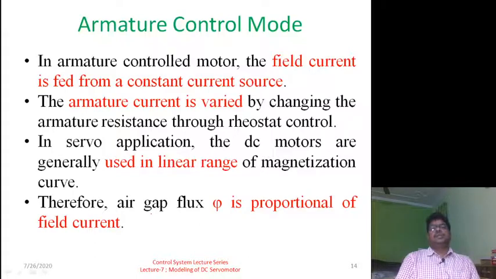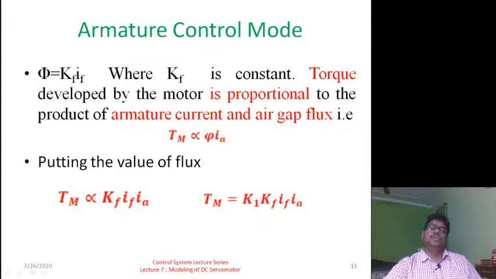Now armature control mode. In armature control mode, the field current is fed from the constant current source, while armature current is varied through inserting a rheostat in the armature winding. And in this case also, we use the servo motor in a linear range of magnetization curve, and we know that the flux is proportional to the field current. So this flux phi is proportional to the field current, or phi equal to Kf If,